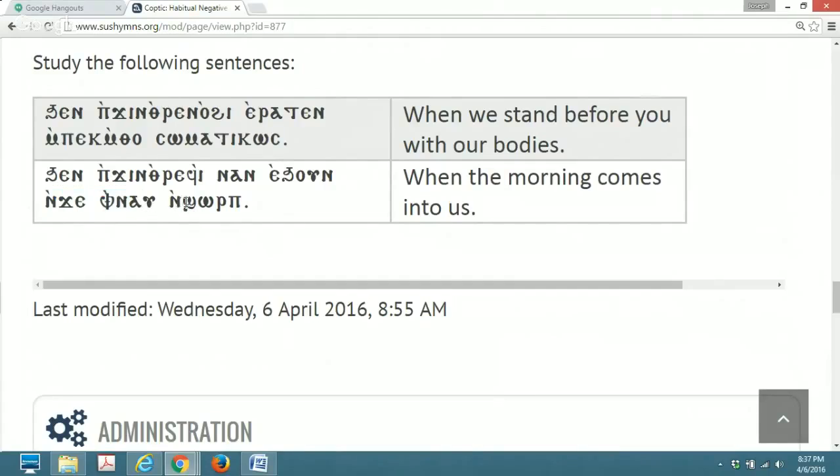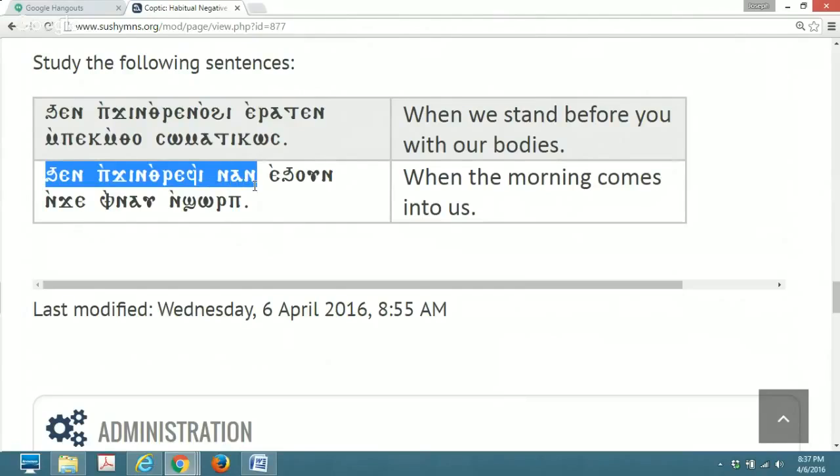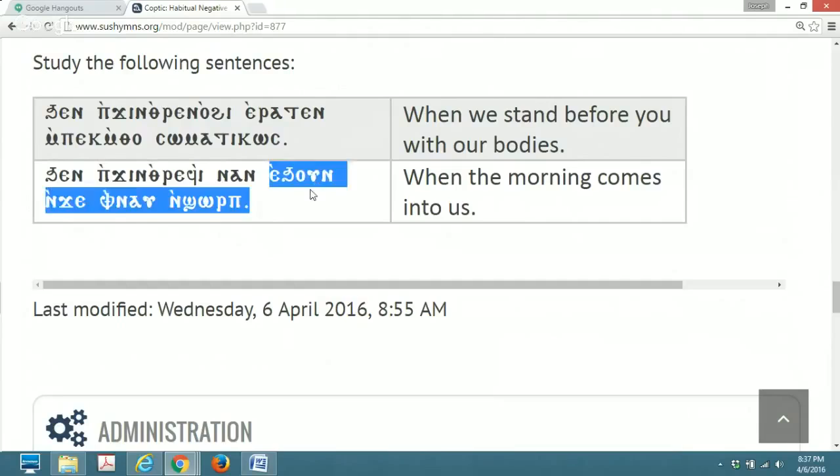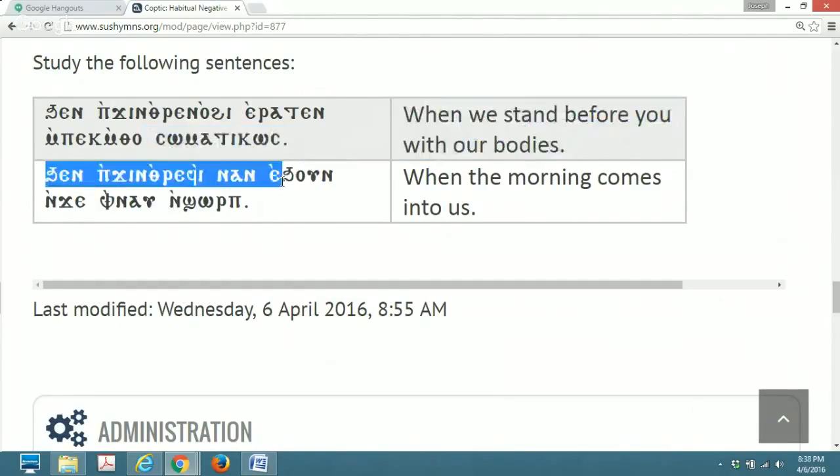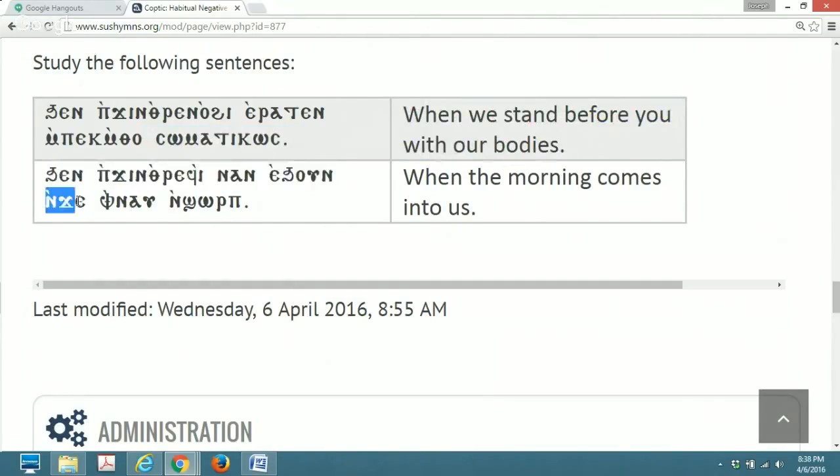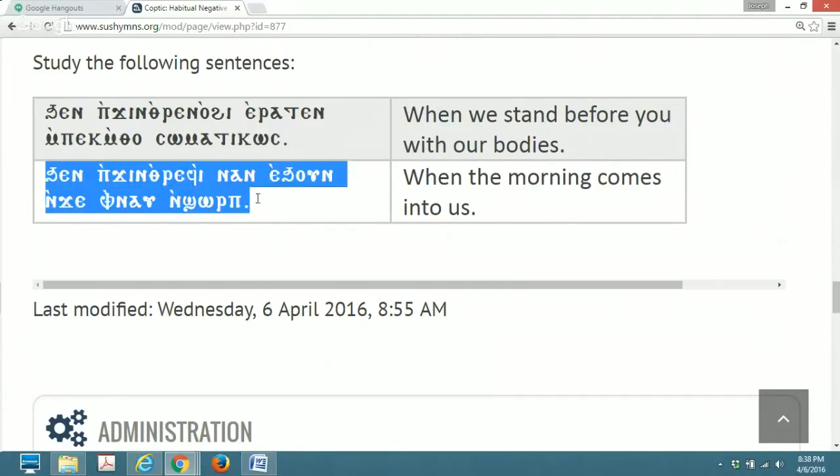So shor means first or early. Nav is hour or time. So the hour early, or the early hour, in other words, the morning. So in the causing of him to come to or towards us, namely, in the morning. In other words, when the morning comes to us,